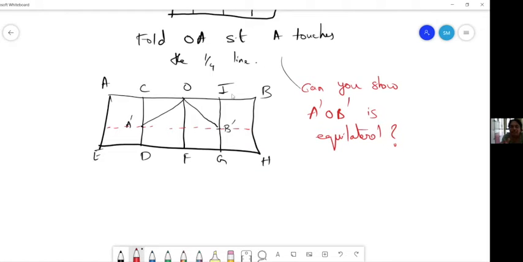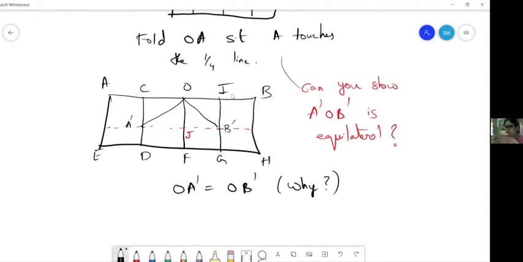No, I just extended Megha's argument, right, Megha? That is what you are trying to say? OA dash is congruent to OB dash. Yeah, that is correct. I think that is correct. Shravan was saying because it is isosceles. OA dash and OB dash are same, but we still have to prove that B dash is also the same as OA dash. That is why Shravan was saying we know it is isosceles, but why is it equilateral? But I would like to question why it is isosceles.